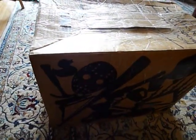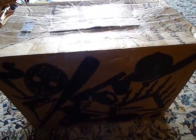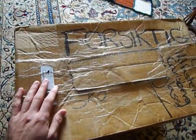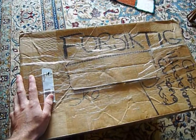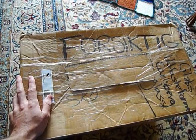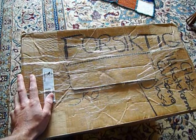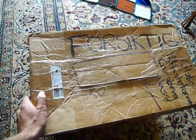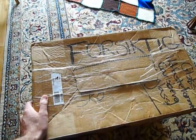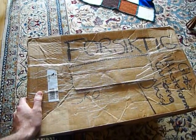This is a huge box filled with games, and they're all retro games. Bought this from a Norwegian collector. He was getting rid of most of his collection, and I thought I'd just do a live unboxing here. I don't even remember exactly what's in here, but it's a lot of games, some quite rare ones, and